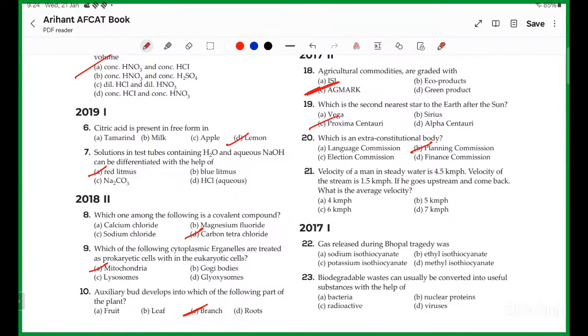Velocity of a man in still water is 4.5. Velocity of stream is इतना होगा, तो अपोजिट डायरेक्शन में तो क्या हो जाएंगे, दोनों ऐड हो जाएंगे। एवरेज पूछा है, तो ऐड किया तो कितना आएगा? 6। और सब्ट्रैक्ट किया तो 3। दोनों का एवरेज 4.5 आएगा।